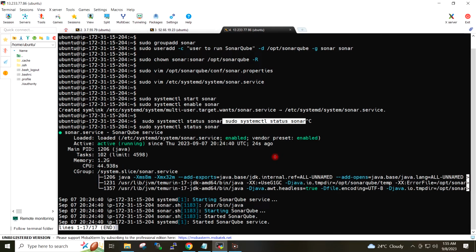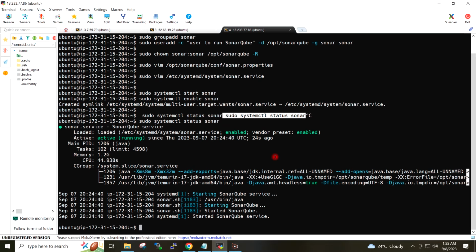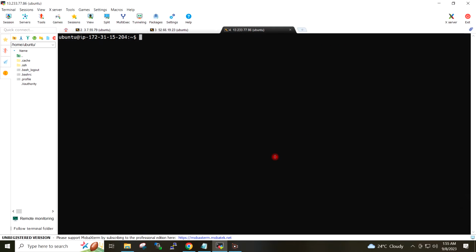So SonarQube service is running in my system, and we can watch the log file and monitor the startup with this command.